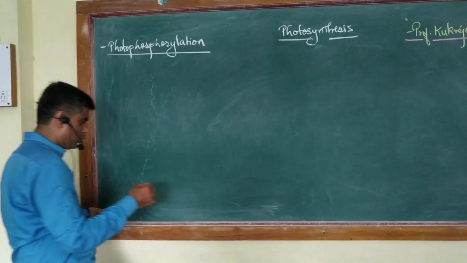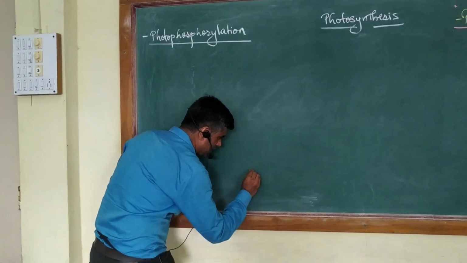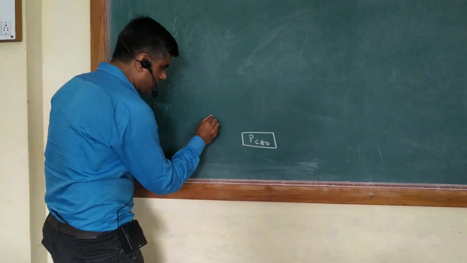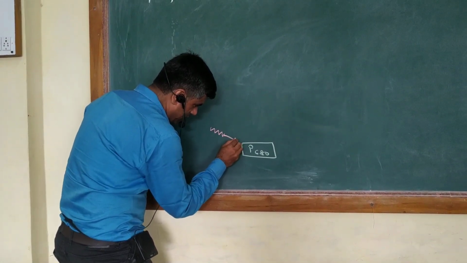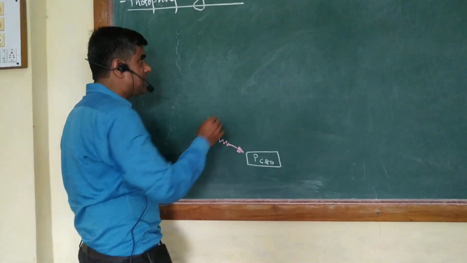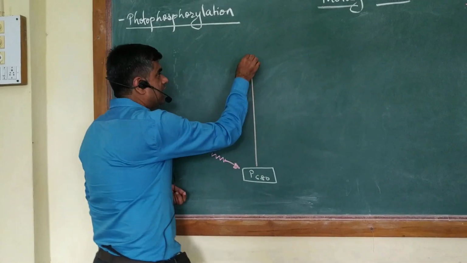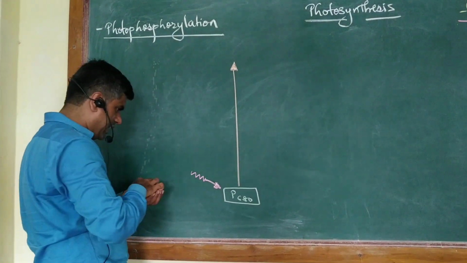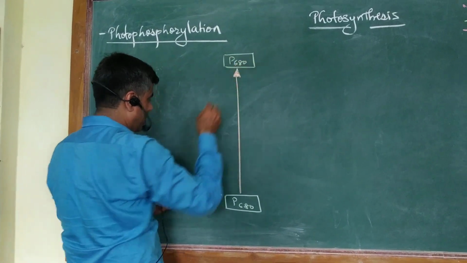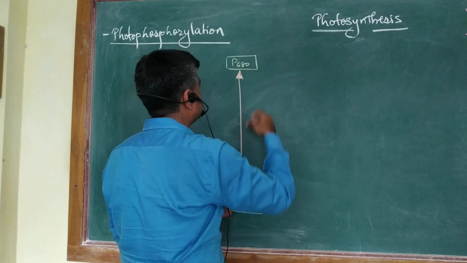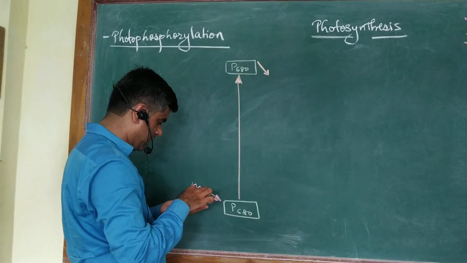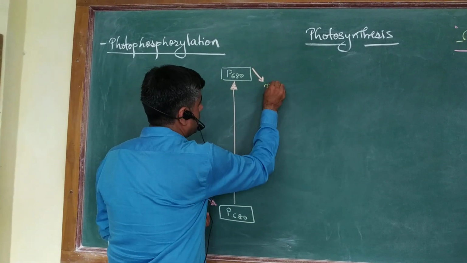So you have your two photosystems. The first one here, PS2, that is your P680. So this P680, it absorbs your light, right? Some details we will discuss later on. We will just concentrate on the flow of the electrons. So this P680, after absorbing the light, it gets excited, and now this excited P680 transfers its electron, goes into an ionized state, and now it's going to transfer its electron to an electron carrier, which we call your pheophytin. So the next carrier in the series is your pheophytin.